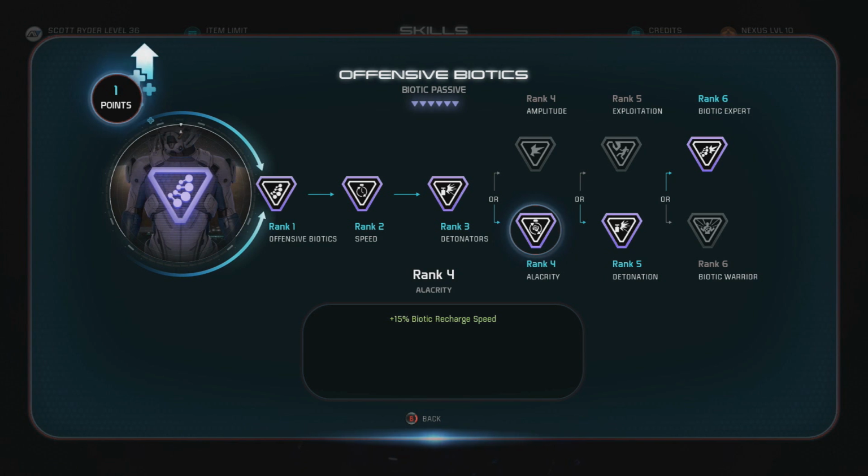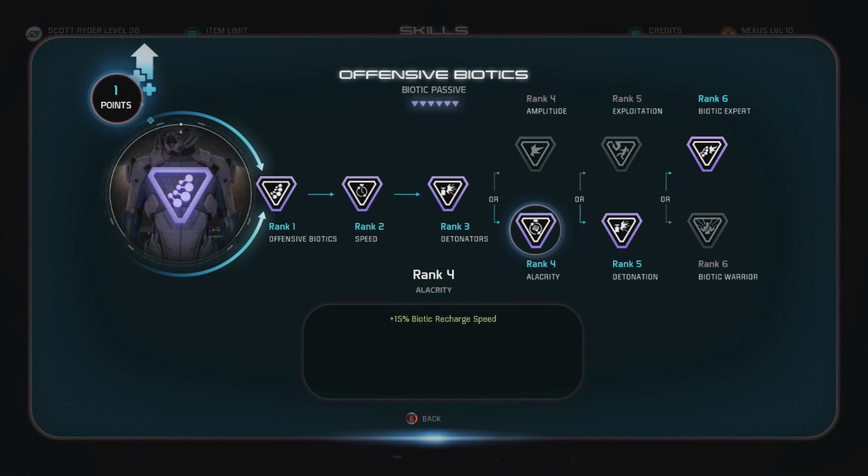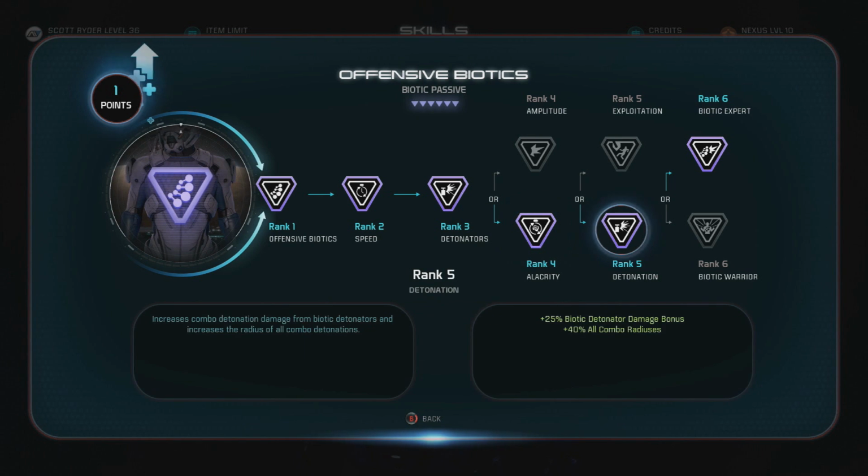So that way when one skill comes back, or you just put out a skill, the next one has already come back and is ready to go. So you can just keep going back and forth and doing your combos. Make sure you pick your recharge speed to try and stack that with the other recharge speeds that we've already picked. I went with the 25% biotic detonator damage because we are going to be detonating all three of